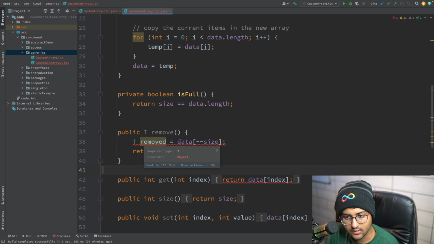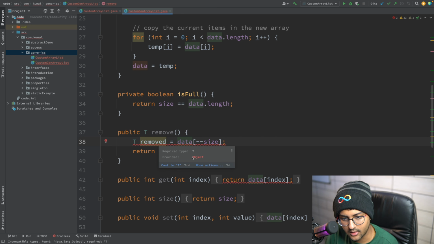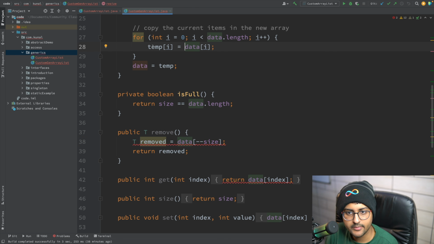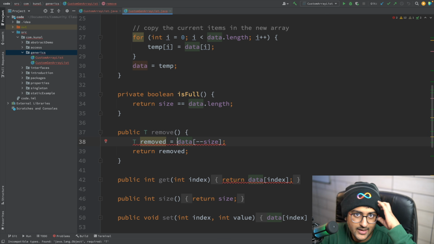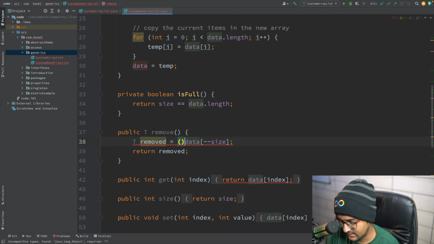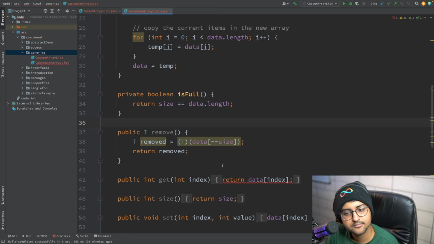Type T removed is equal to data. It's asking for T and you're giving it Object. Here it was not really necessary, because in the object array you are adding objects only. But here, in the smaller, more restrictive type, you're trying to add a bigger type. In this case, just cast it like that.